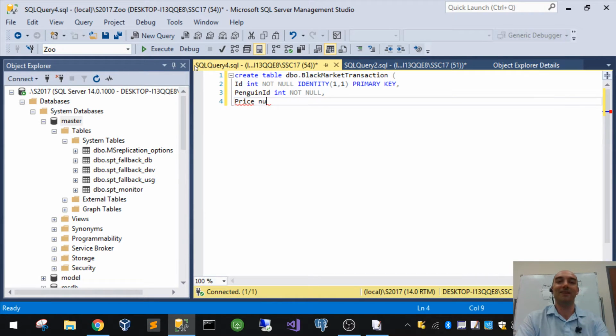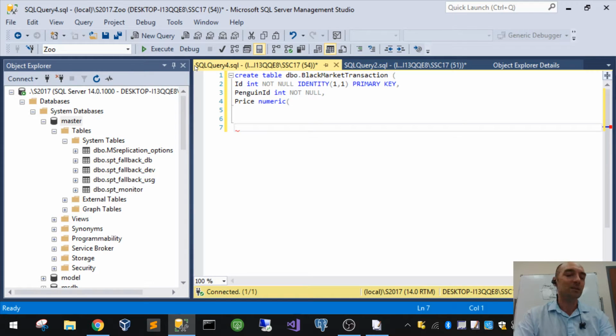But you could say numeric. And the price, money, you usually only care about 2 digits to the right of the decimal. But I might charge $10,000 for a penguin. Okay? So if you want to have the maximum price that I'm ever going to reasonably charge for a penguin be $100,000. And I probably don't care about the decimals, but that's the maximum price I would ever care about charging for a penguin. So how do you say that? Numerics,